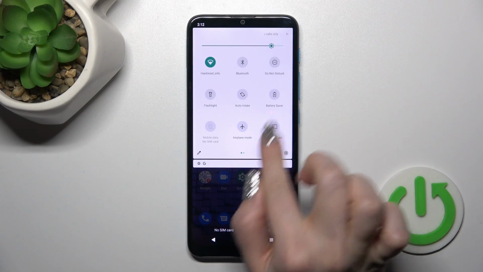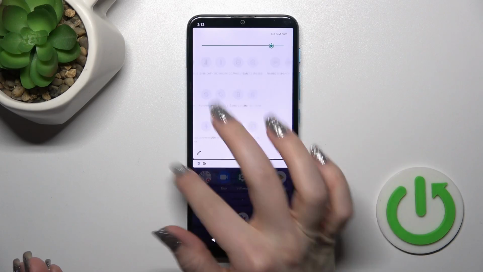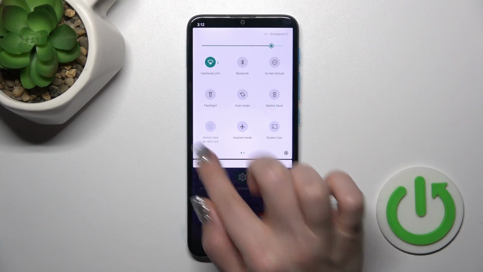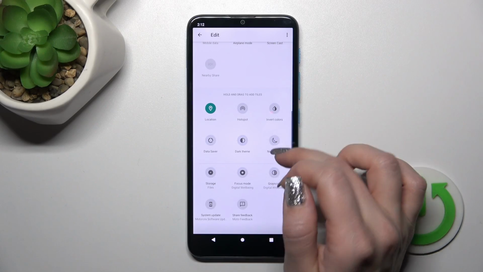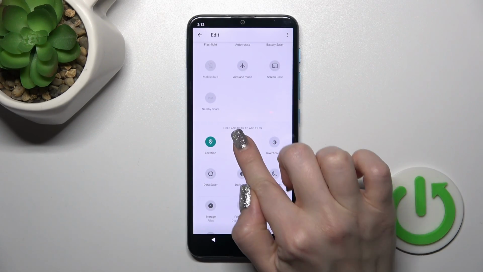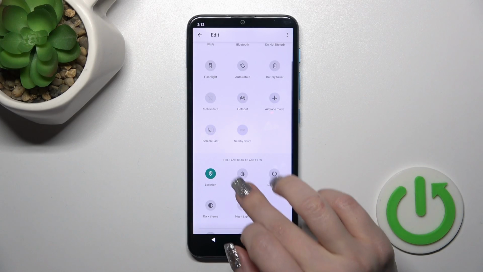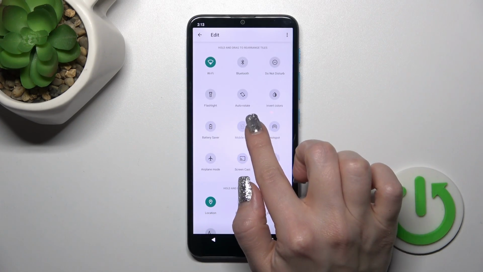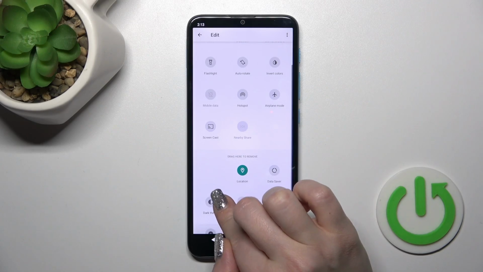If you wanna add new options here, or remove some of them, or just change the positions of the icons, you should click this edit icon, and here you'll see this down section with invisible options. To add these options to your panel, you should just hold the icon and drag it to this up section this way. If you wanna remove them from here, the same way, hold the icon and drag